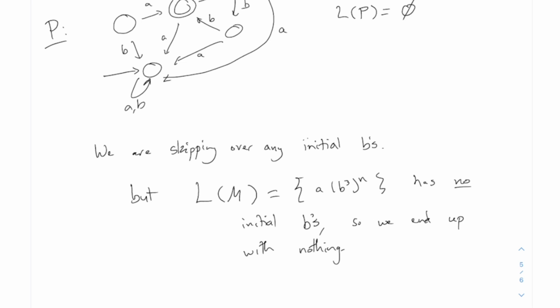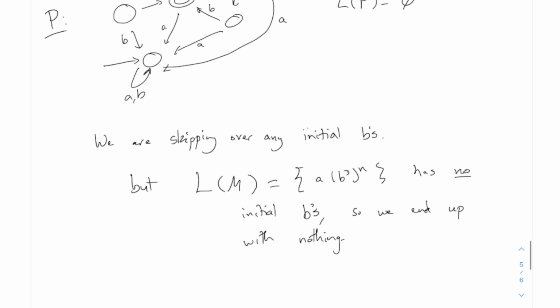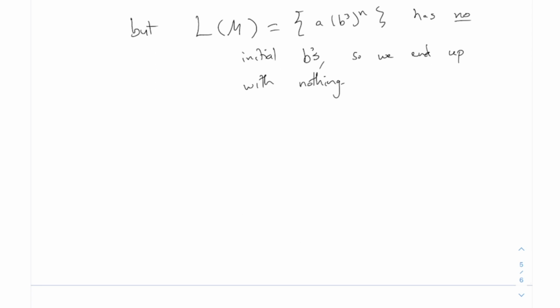There's a name for this operation: you start with a whole language, and then you get the same thing, but you skip over all the initial A's or all the initial B's. That's called the derivative. The way we write it, it's about time to go, but let me just say what we're doing